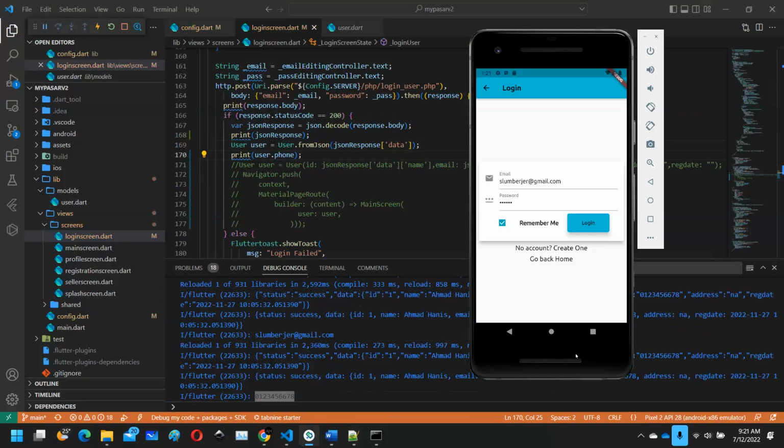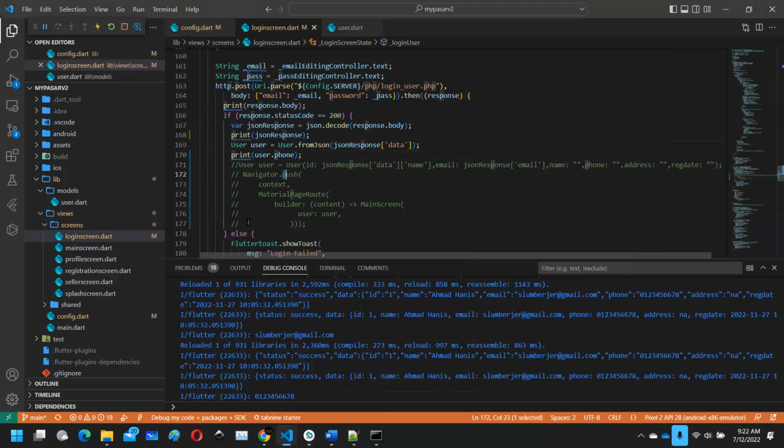So the user credential now is being bundled into the user object. Okay, bundled into the user object. So this user object you want to pass around, so that everybody knows that we have a user already. We have a logged-in user already in the application. So when you want to pass this user object around, you pass it through the constructor. Okay, you can pass it through the constructor. So for example, like this one,